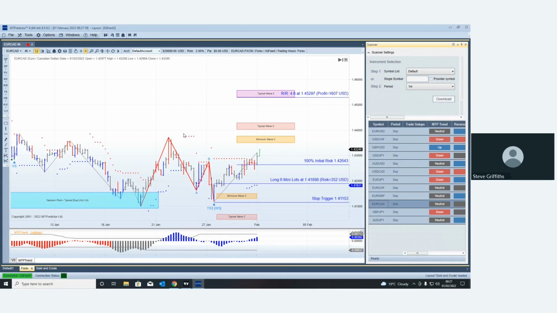As you can see, the whole idea with MT Predictor is we do the same thing week in, week out, day in, day out, month in, month out, year in, year out, decade in, decade out. And that is the one thing that you need to have with trading. I see so many other systems out there that come and go like a fad, and they say, oh, we've got this new optimize this and optimize that, and whizzy this and whizzy that, but you don't see them still going